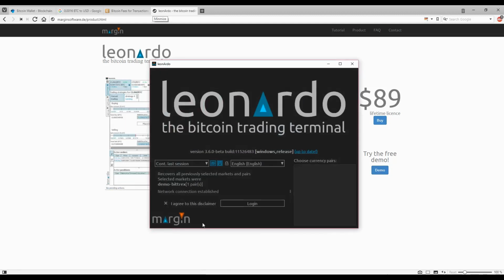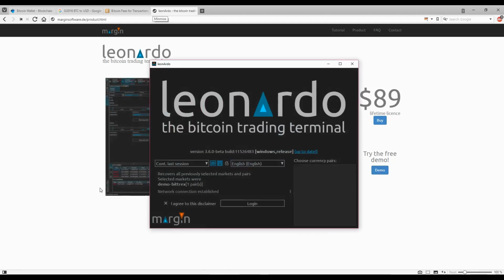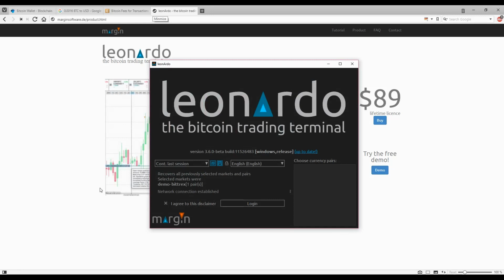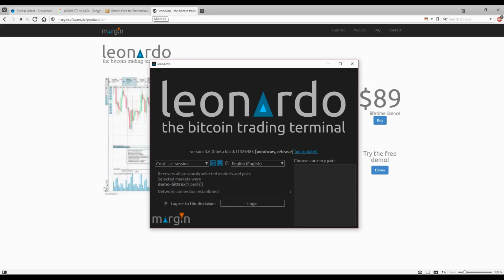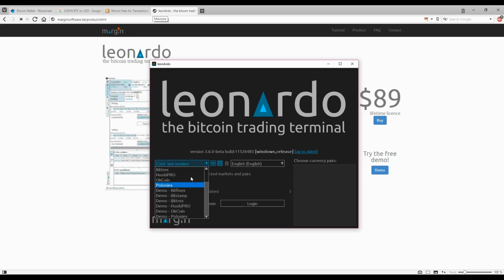When you launch the application, you get this screen. Now the free demo is fully functional, and it uses the data from the exchange that you choose. The only difference from the paid version is that it only simulates the buys and sells. It doesn't actually do a real sell or a real buy, a real trade. It just simulates it. So you can try the demo version, and to use it, you just scroll down here on this field